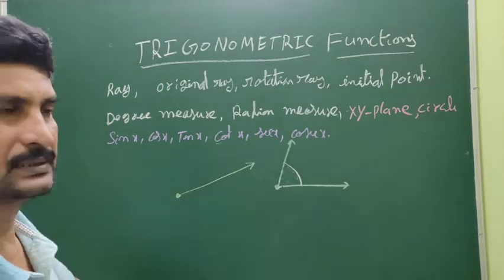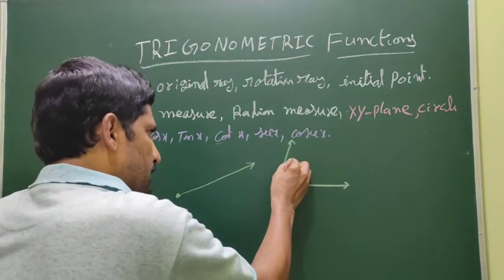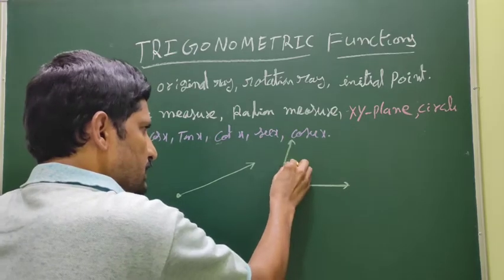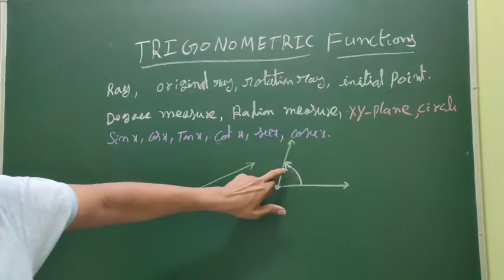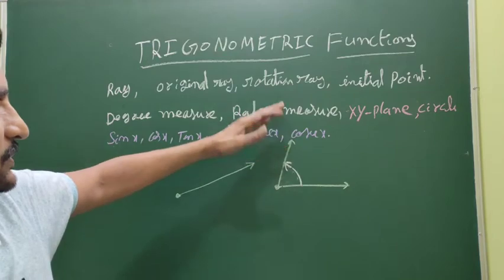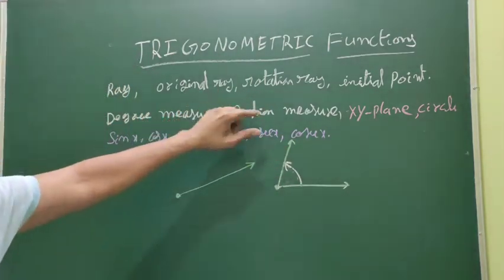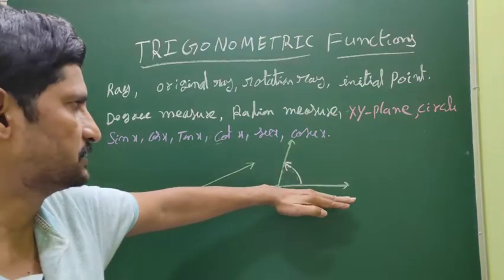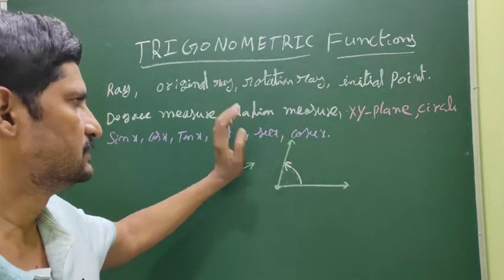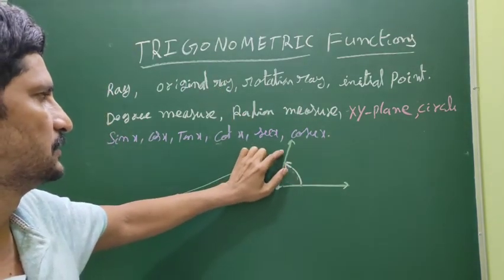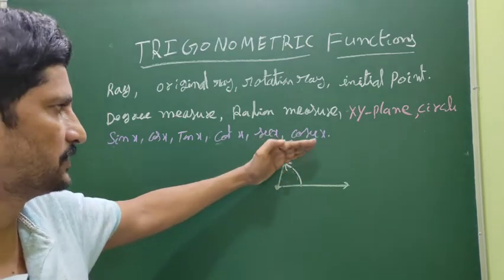For that purpose, take an arrow mark on the rotation ray also. The arrow mark end is the rotation ray, and the beginning is the original ray. If it is rotated like this, then this is the rotation ray. If it is rotated downwards,